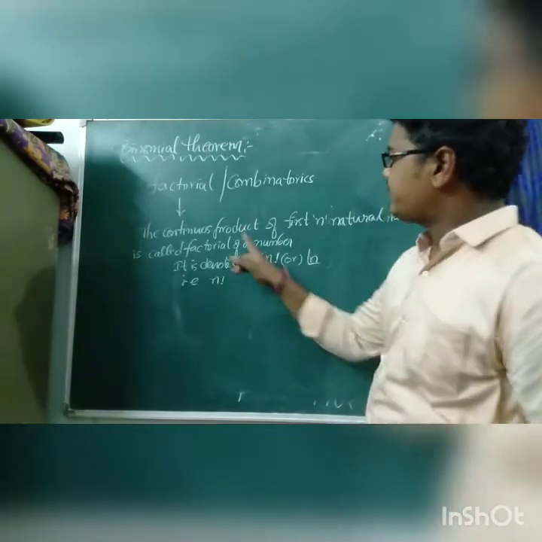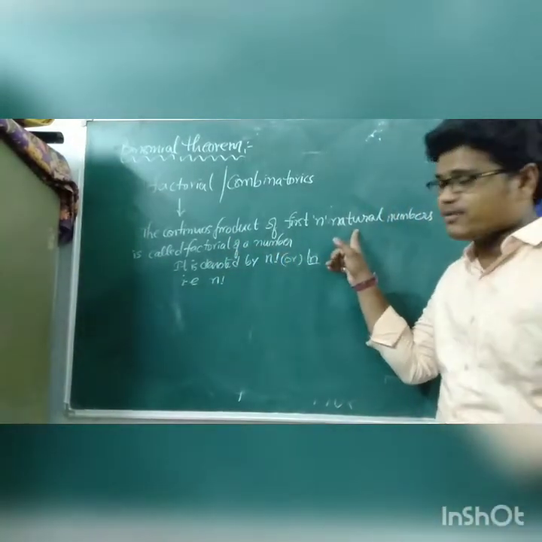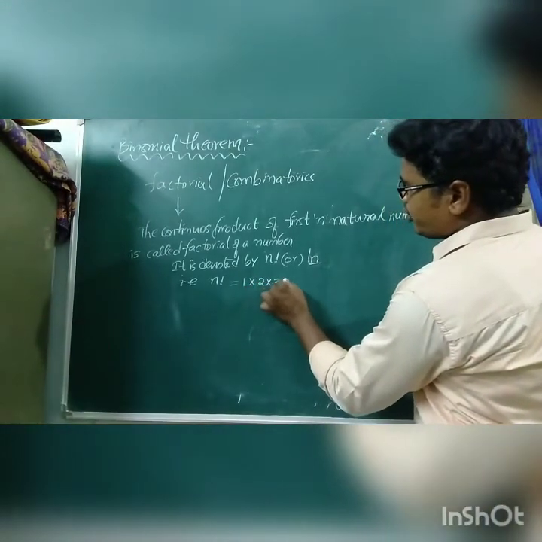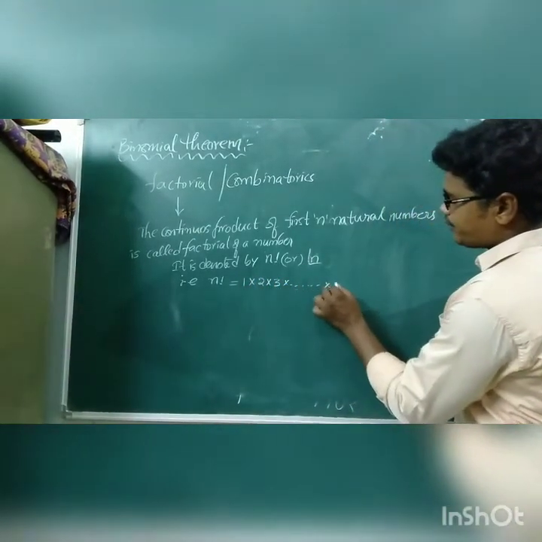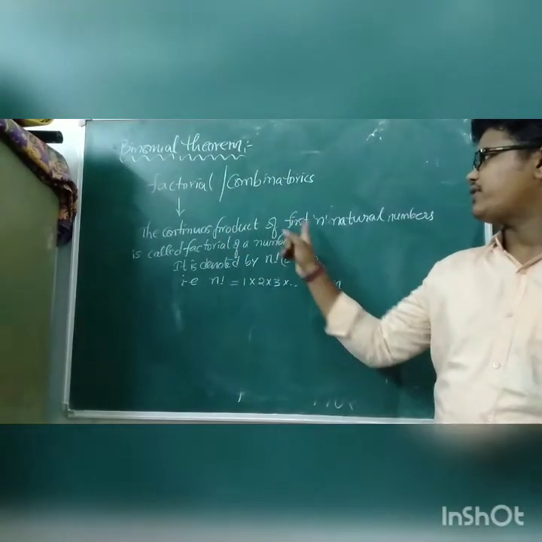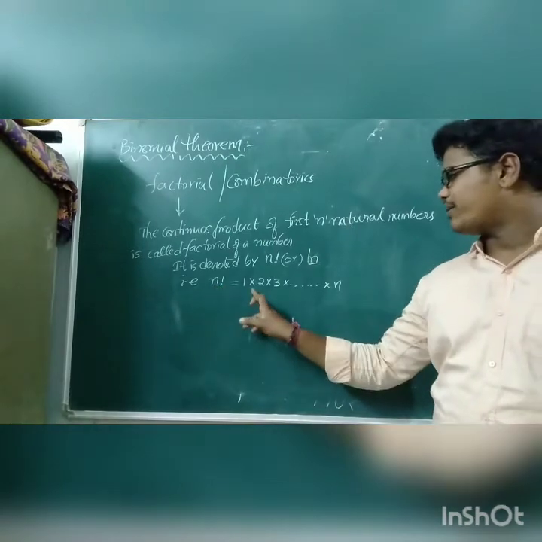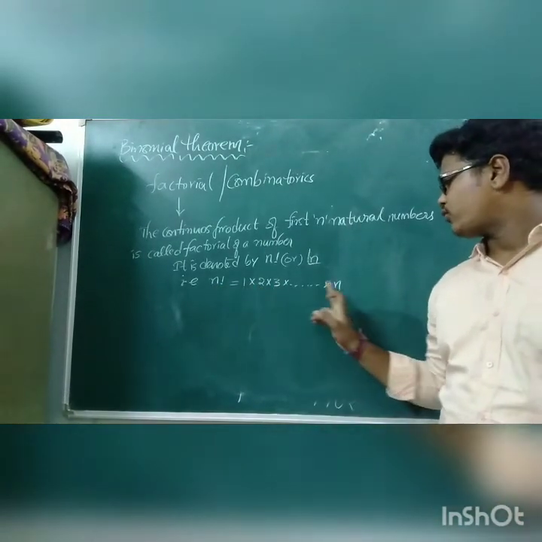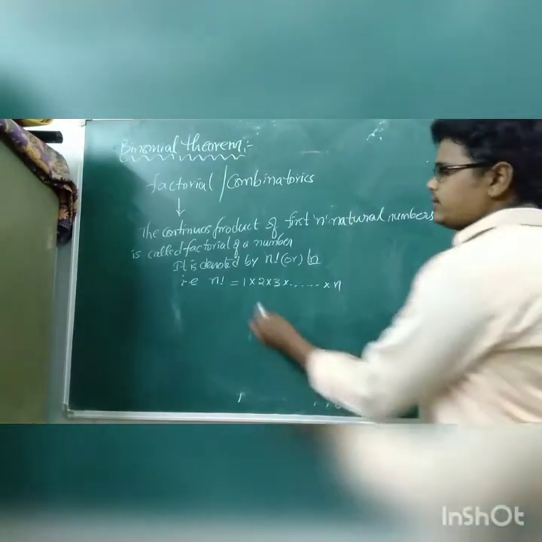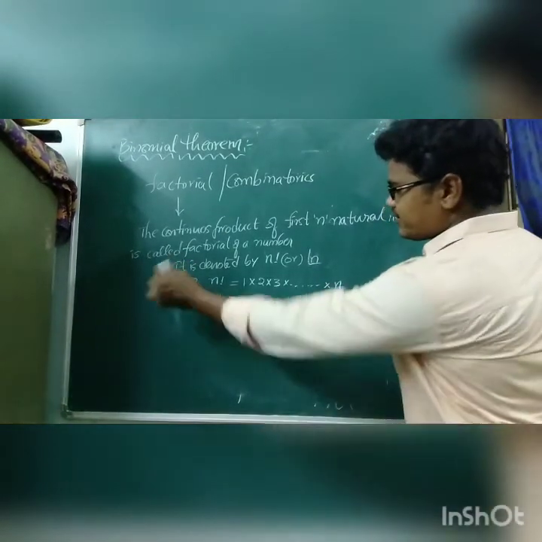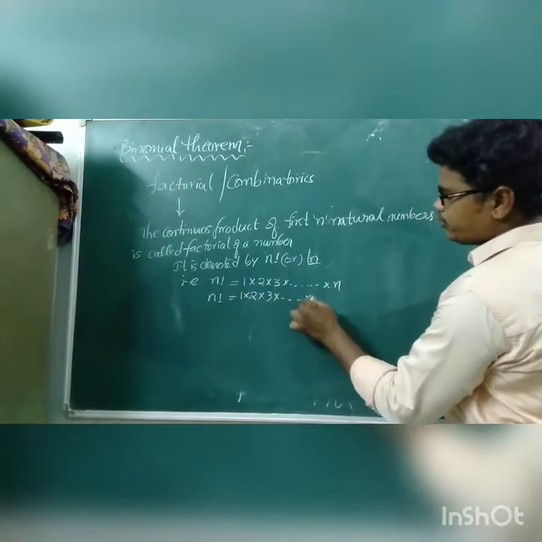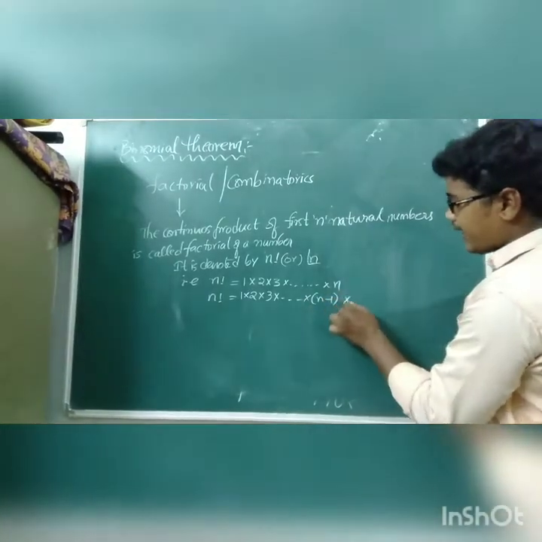As I said, it is a continuous product of the first n natural numbers, meaning we start from 1 to n. The product will go up like this, up to n terms. Okay, we learned the definition of factorial, right? Now n factorial means 1 into 2 into 3 and so on, a continuous product of n natural numbers. Again, a small implementation: 1, 2, 3 and so on up to n minus 1 terms, and into n.